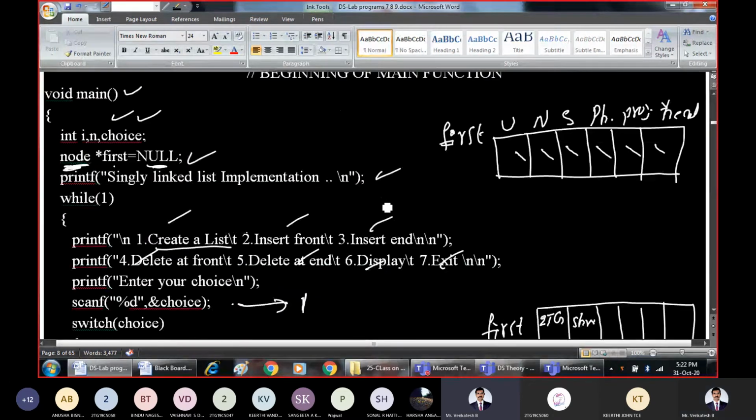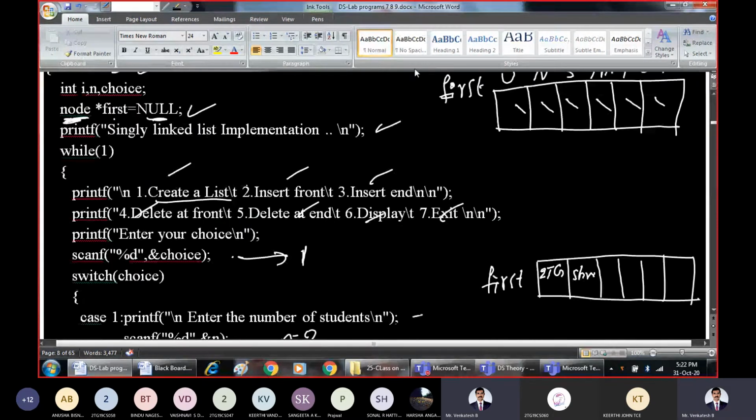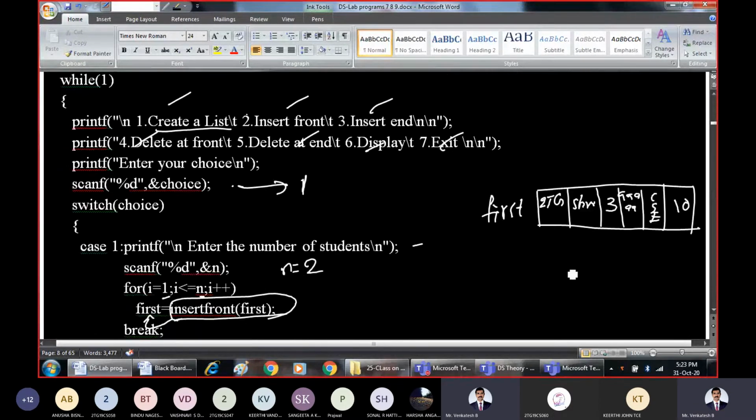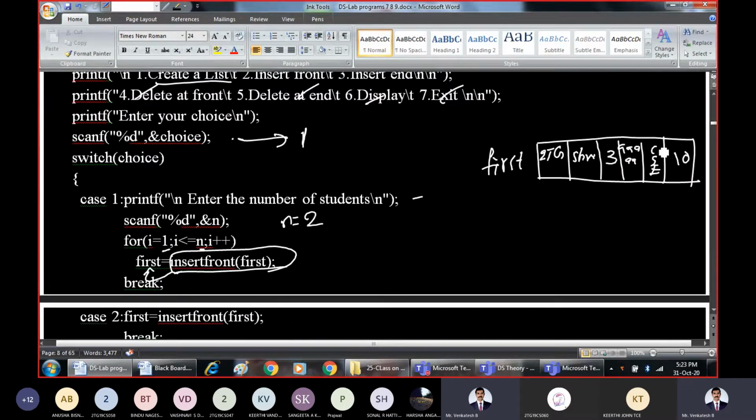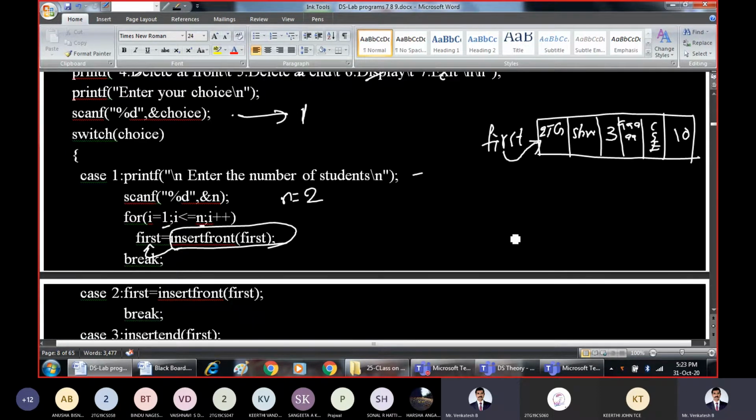Name, then semester, then phone number, program is CSE, and it is pointing to null. What we have done, earlier first was null before we call the function. After calling the function, now first is pointing to one node, because we have stored the details of one student.